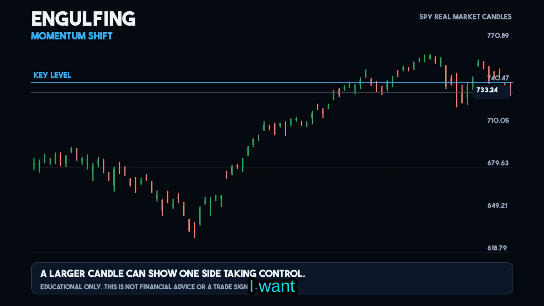For homework, I want you to take a look at the recent chart movement of the S&P 500 index and find at least 3 instances of bullish engulfing candles. Write down